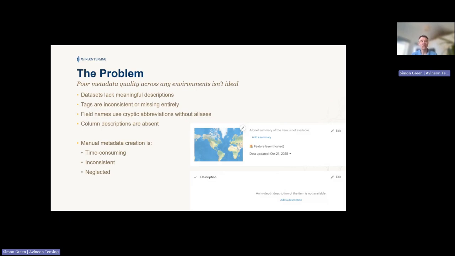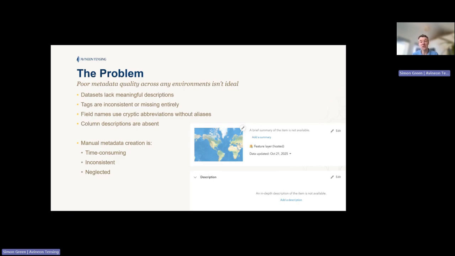Now, I think we all know the problem. The screenshot in the bottom right-hand corner of the slide may feel familiar to some. We might have incomplete metadata. It could be missing entirely or just inconsistently applied across our data sets. Now, if we're being honest with ourselves, fixing it is likely to be at the bottom of our to-do lists. And that neglect is because historically it's been